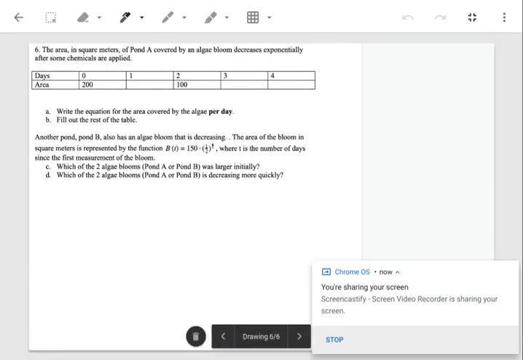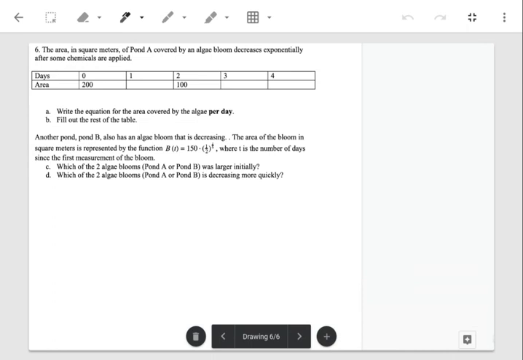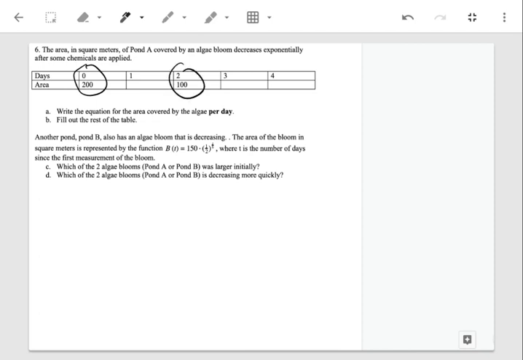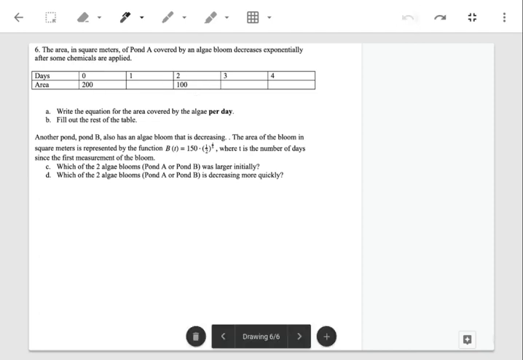So the area in square meters of pond A covered by an algae bloom decreases exponentially after some chemicals are applied. So notice after 2 days, it goes from 200 to 100. So write the equation for the area covered by the algae per day. So first things first, notice it goes from 200 to 100. So if I was going to write my equation,